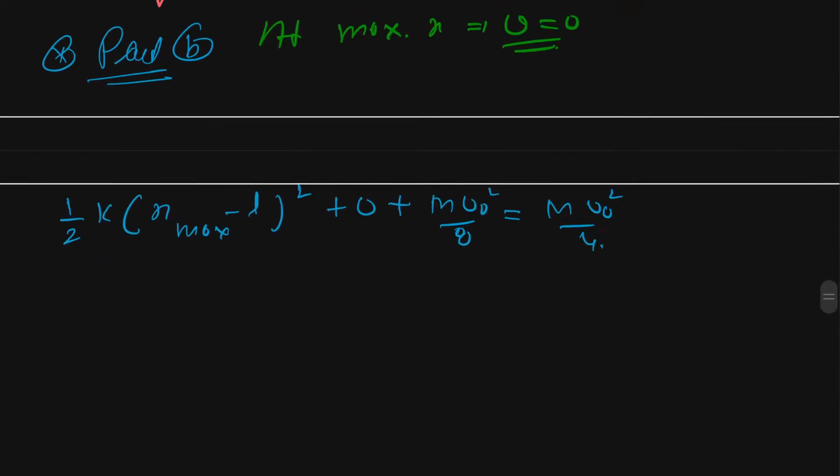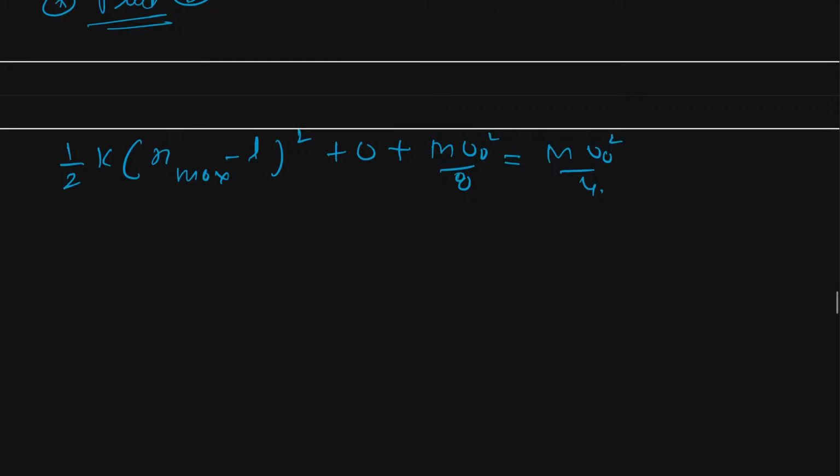Okay, now it is a simple calculation. So we get half k (x maximum minus L) whole square is equal to 1 by 4 minus 1 by 8, and that will